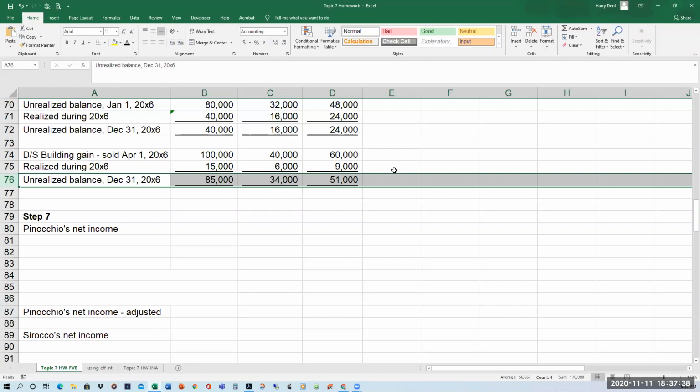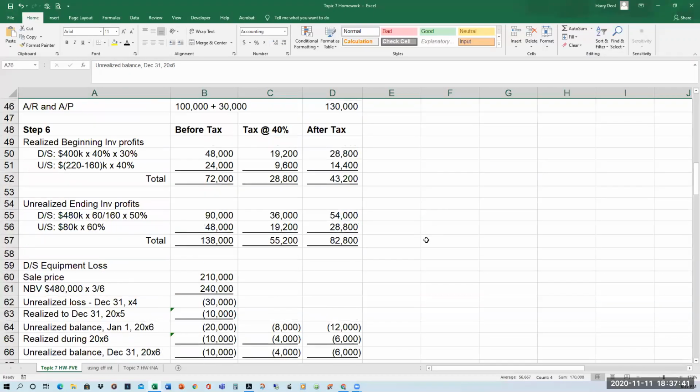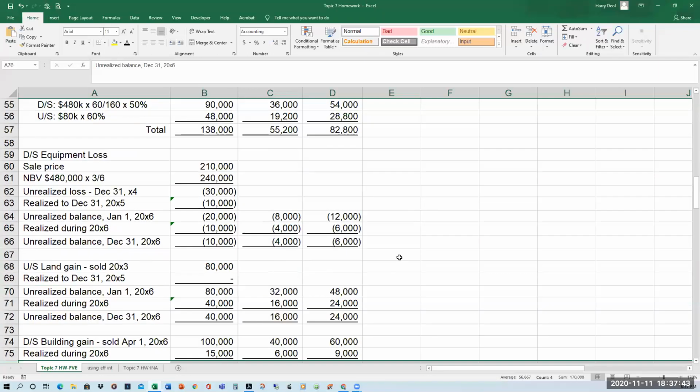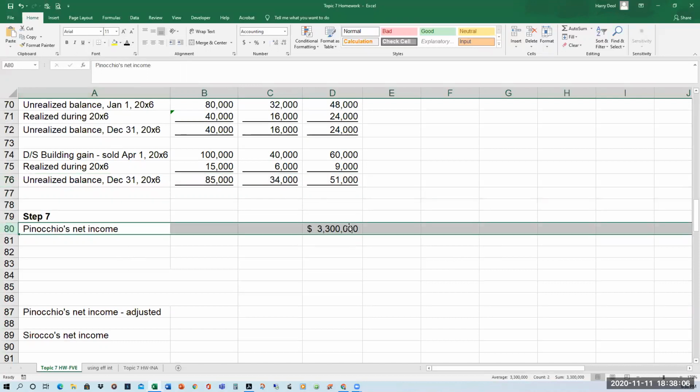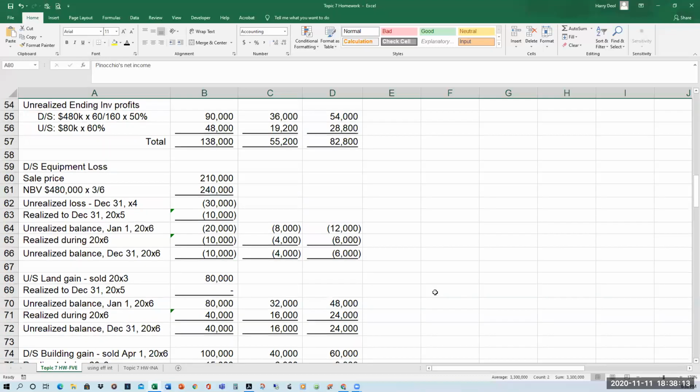All right. So after you have dealt with the intercompany profits information, then you go ahead and calculate step 7. And step 7 is the calculation of the consolidated net income and the amounts attributable to the parent company and to non-controlling interests. So your starting point is the parent company's net income. The parent company's net income is $3.3 million from the information. From this $3.3 million, we are going to subtract the intercompany dividends,